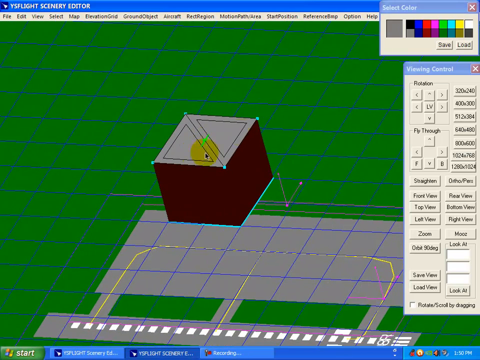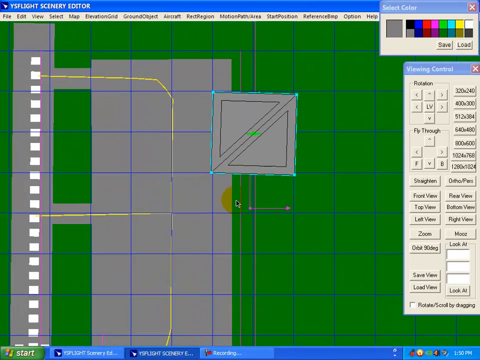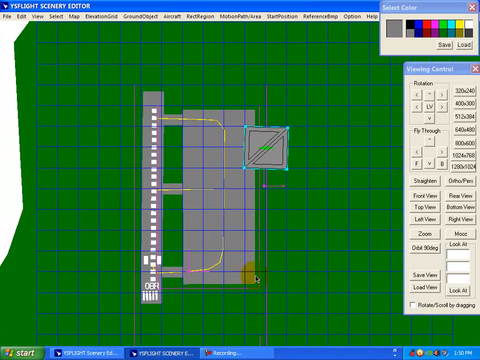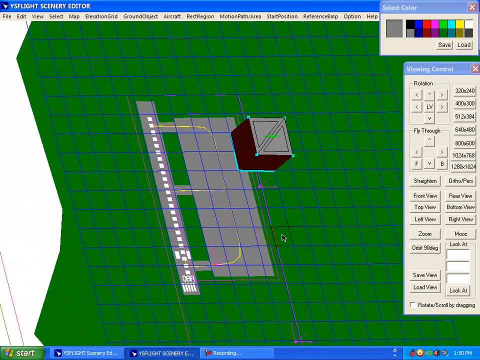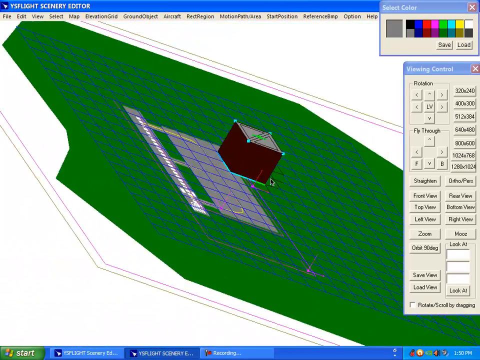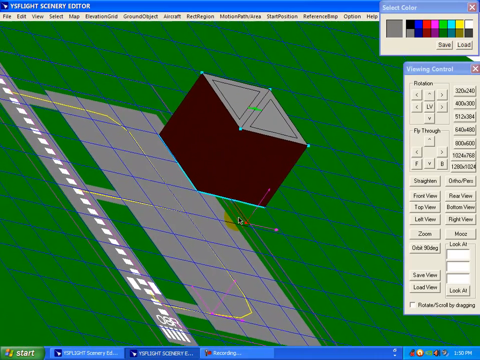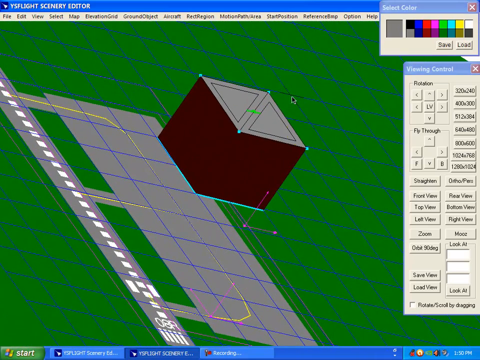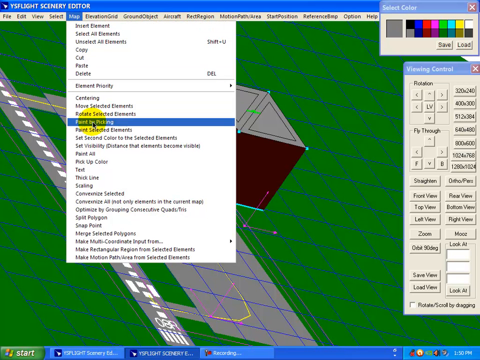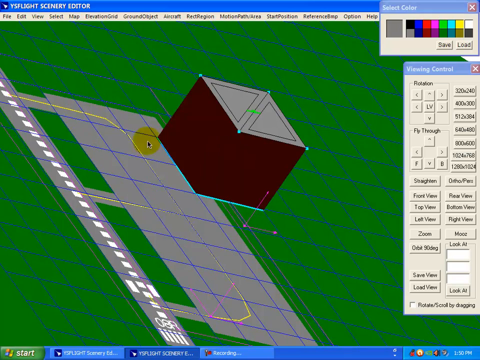You can change the color of that by, for example, now I've encountered this problem really much. People make an object like that. Let's say they do the runway, and they want to change the color of the runway. They're like, oh my god, how do you change the color of the runway? I just did it. It's not possible to change it anymore. It is actually possible, and it's actually really easy. What you do is you select the item that you want to color, and then you go to map, paint all, like that. I've selected the color here,